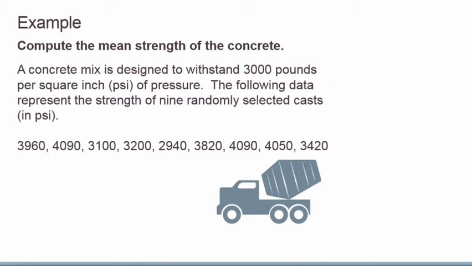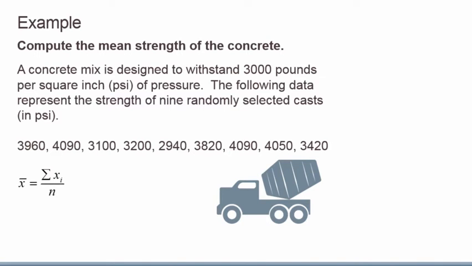Example: compute the mean strength of the concrete. A concrete mix is designed to withstand 3,000 pounds per square inch, psi, of pressure. The following data represent the strength of 9 randomly selected casts in psi. Our data set is 3,960, 4,090, 3,100, 3,200, 2,940, 3,820, 4,090, 4,050, and